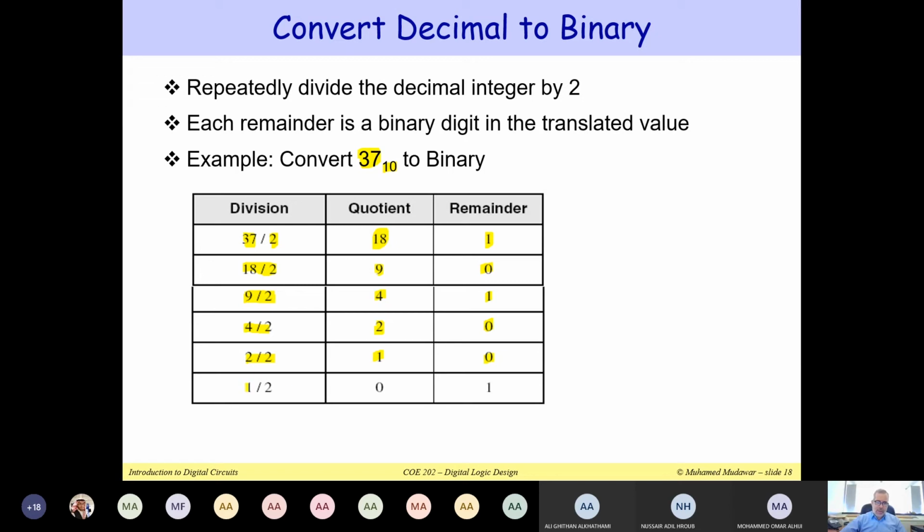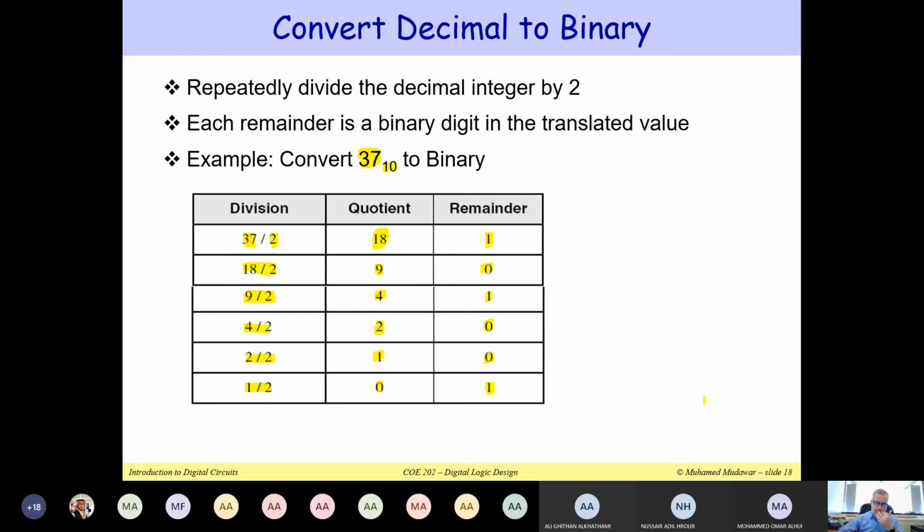Take the 1 and divide it by 2. Now, 1 is less than 2. So when you divide 1 by 2, the dividend is less than the divisor. You get 0 as a quotient, and the remainder is equal to 1. So you can see that the remainder is equal to 1, which is the one that appears here on top. This is the dividend, which is equal to 1, the divisor equal to 2. So when you divide 1 by 2, you get 0. So 0 multiplied by 2 is 0. And therefore when you subtract, the remainder is equal to 1. Now we stop when the quotient is equal to 0.